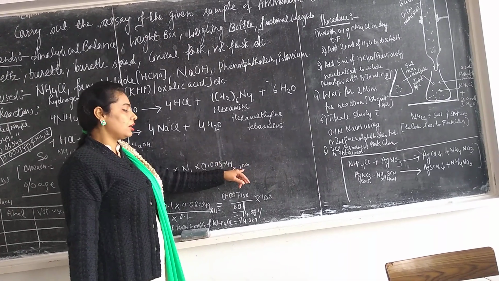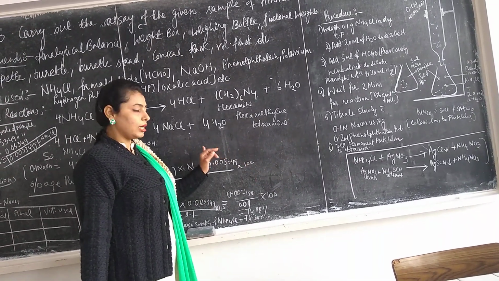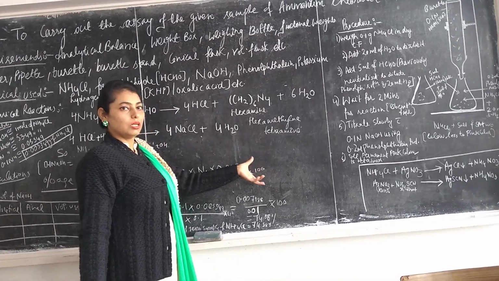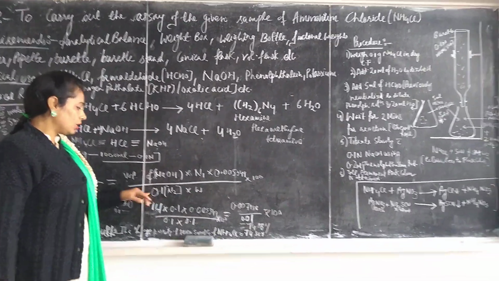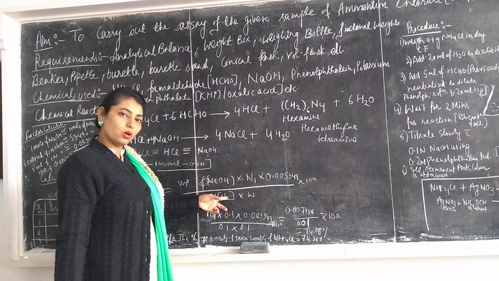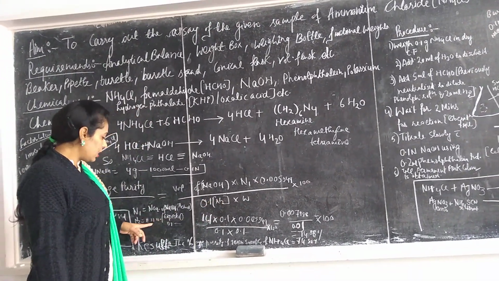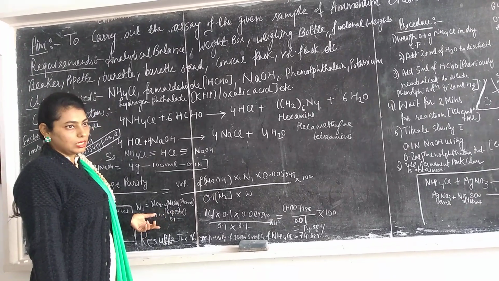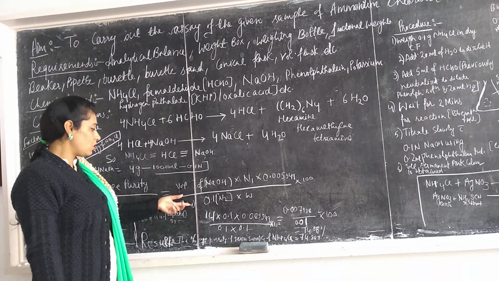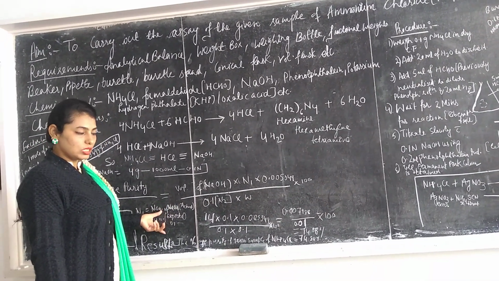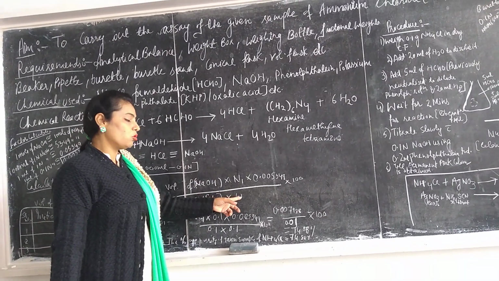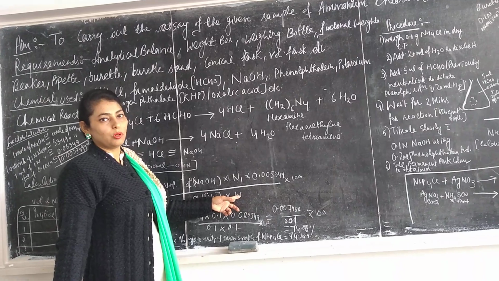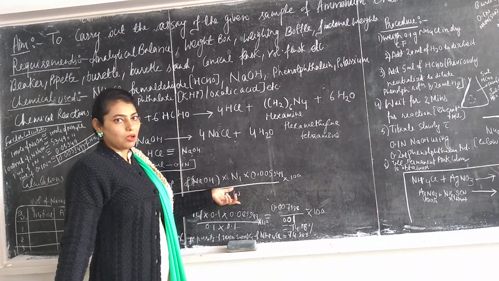0.005349 into 100 क्यों लिखते हैं? Because we are calculating percentage purity. परसेंट के लिए हम 100 लगाते हैं. Then accordingly अपॉन क्या आ जाएगा? 0.1, this is your N2. N2 क्या आ जाएगा? एक्सपेक्टेड नॉर्मेलिटी. मीन्स हमारी बननी कितनी चाहिए थी और बनी कितनी है, दोनों में डिफरेंस है. तो this is your 0.1 expected normality into weight of your ammonium chloride, जितना हमने सैंपल का वेट लिया है.